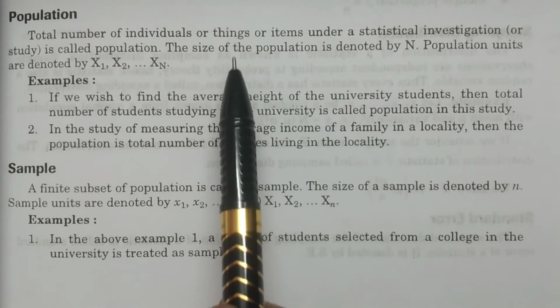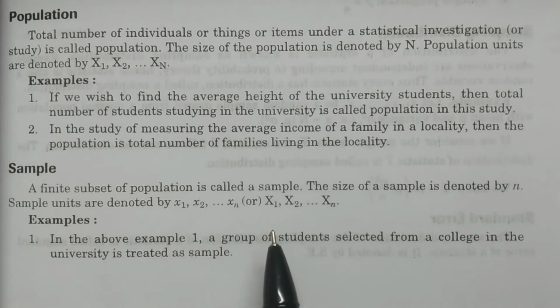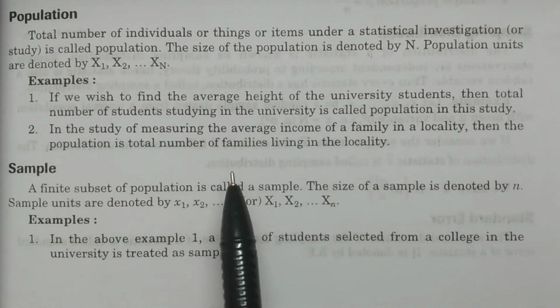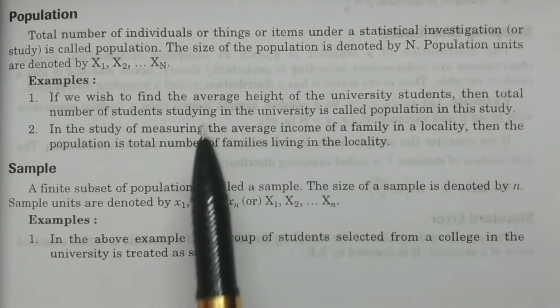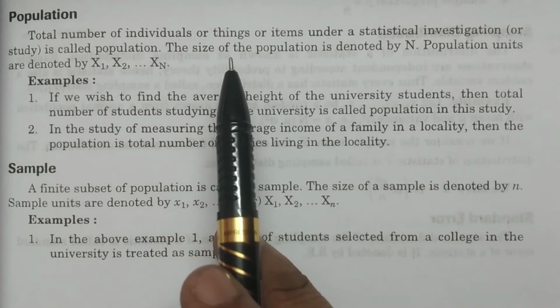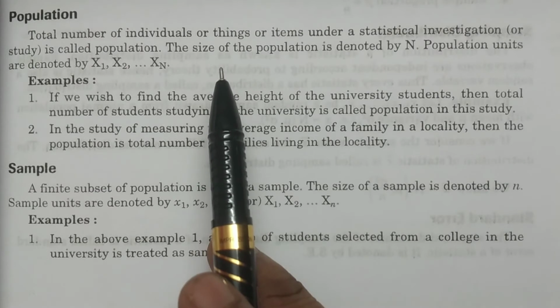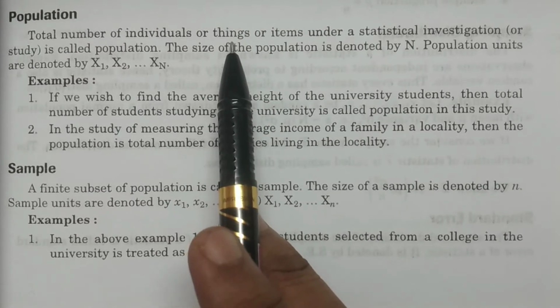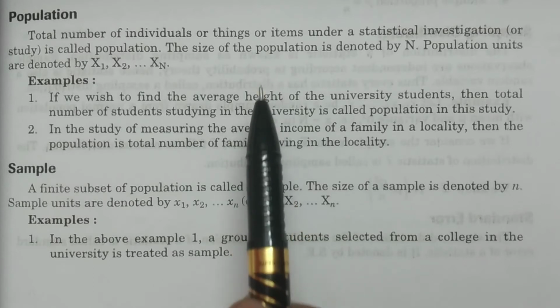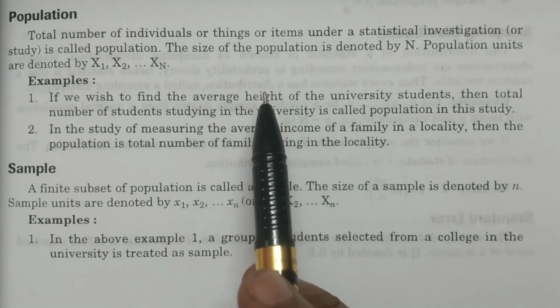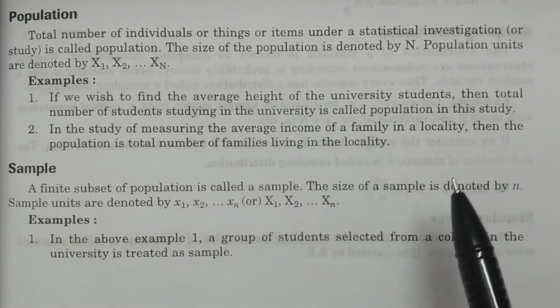Another example: a company producing electrical fans, TVs, etc. If you want to do some statistical analysis, such as what percentage of defectives are there, how the quality of a particular lot is going to be maintained, in that production process in a firm, then the total number of items produced in a particular day in a lot is nothing but a population. Similarly, you can consider many examples.